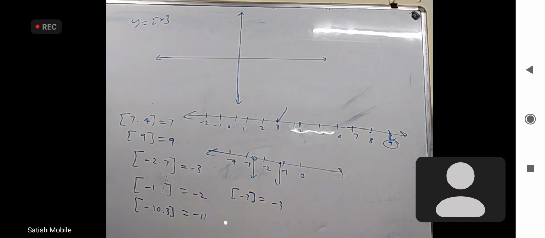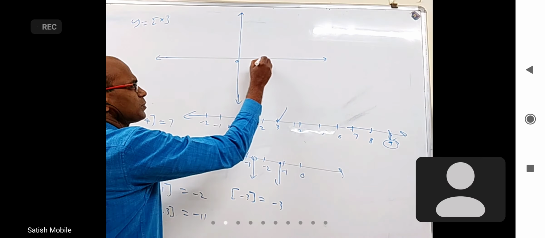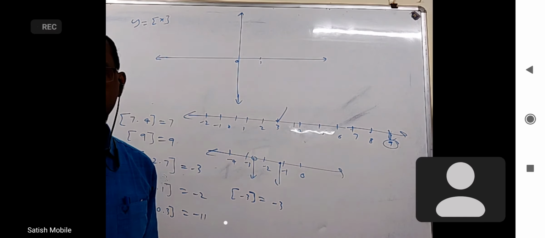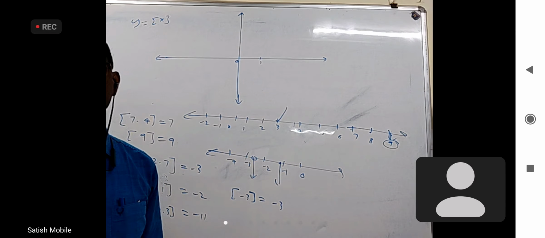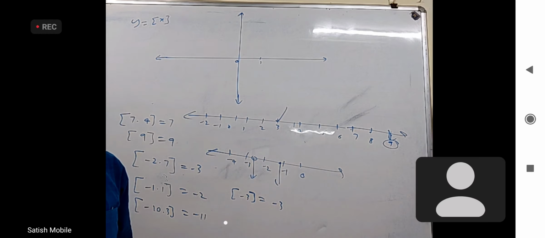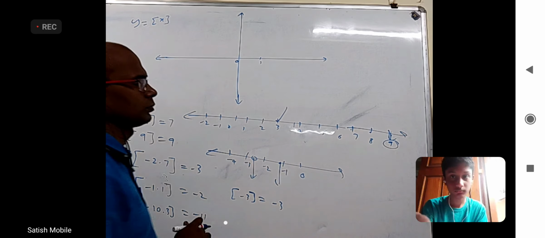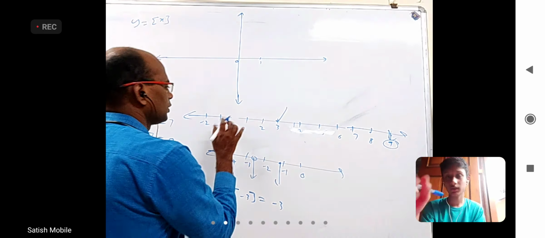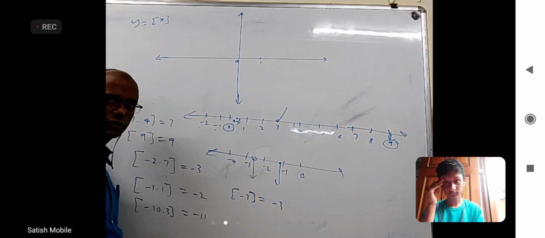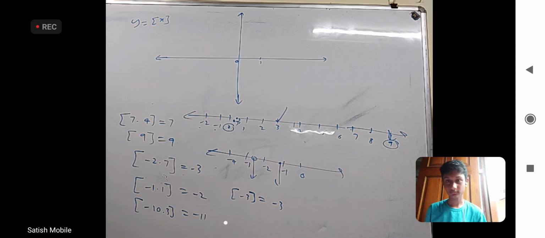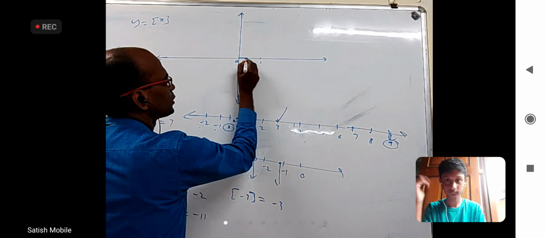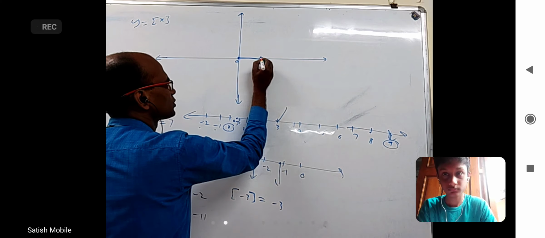Okay, integer part of x. You take any number between 0 and 1: 0.1 or 0.2 or 0.3 or 0.9. What is the integer part of 0.3? Greatest integer function of 0.3. No, it is 0. Because, let's say this is 0, 0.3 will be somewhere here. Less than that, there are so many integers. Among them, the greatest integer is 0 only, right? So you take anything between 0 and 1 as the x coordinate, the y coordinate is always 0. So the graph will be this line segment. This is closed, this is open.